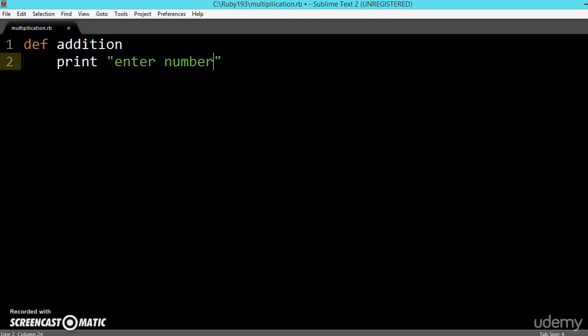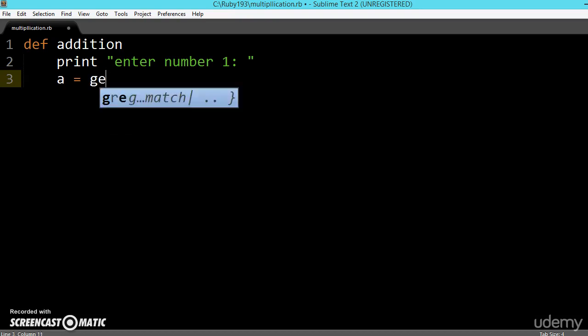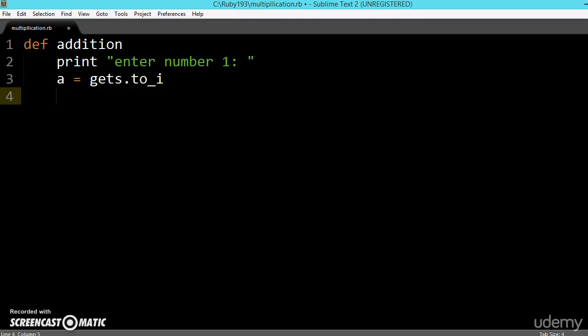Print "Enter number 1" and give a space here, and now get the number into a: a is equal to gets.to_i.